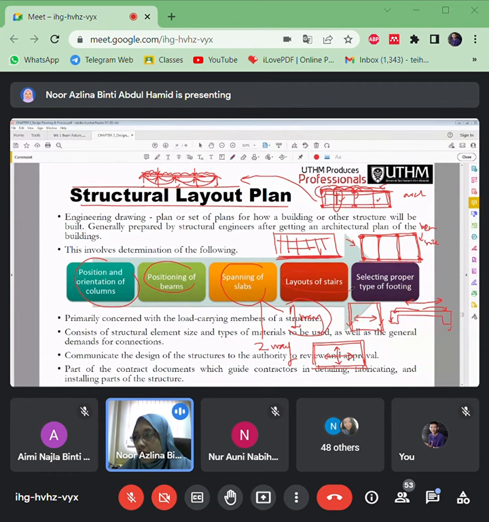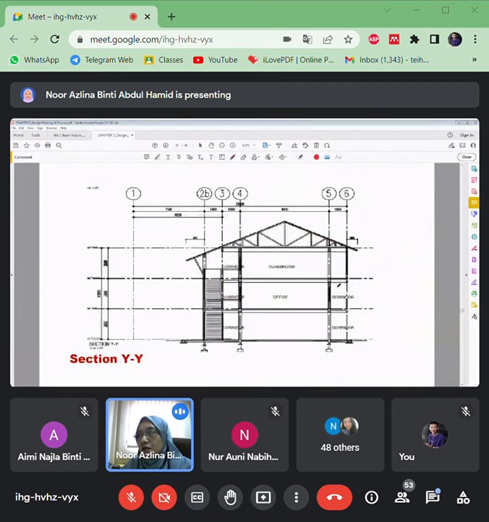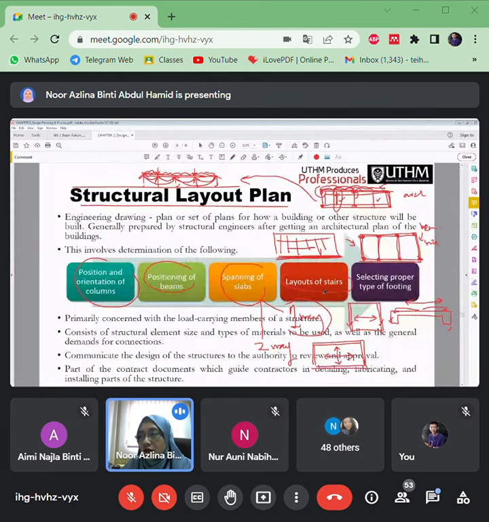And then layout of stairs. Tadi ni staircase tadi kan, you will not design, but you have to know where the position of the staircase is. Remember, especially for the ground floor, dekat staircase tu there will be a slab, right? There will be a slab underneath. You kena bayangkan lah, tangga kat bawah tu mestilah ada slab. You kena kira juga slab.